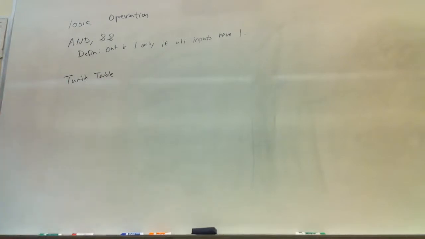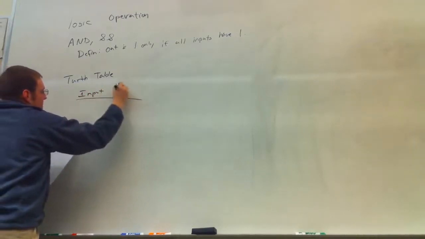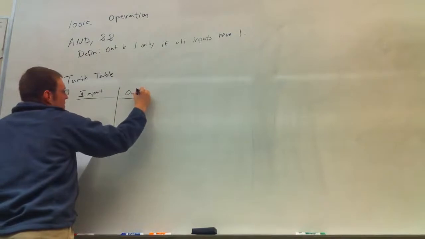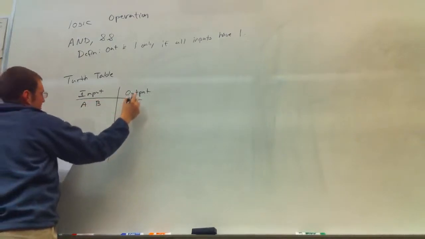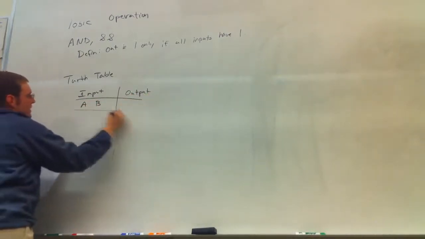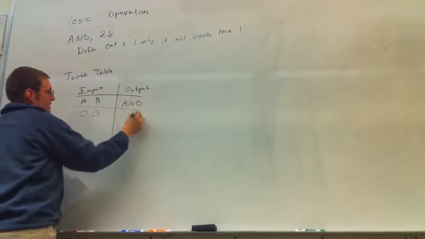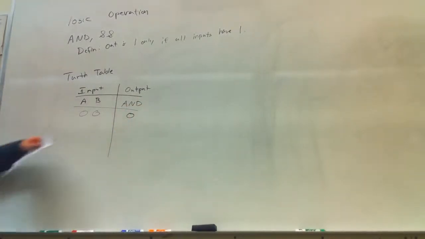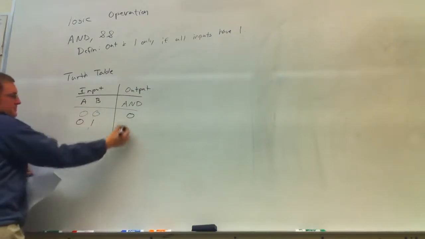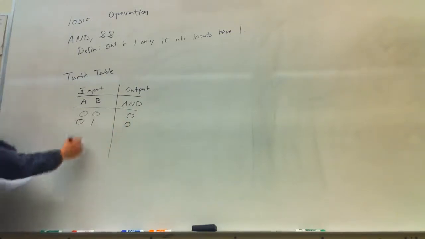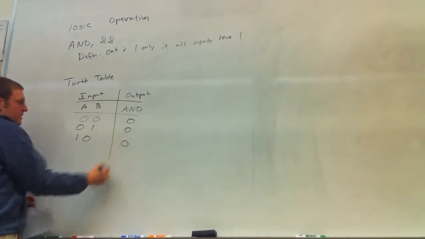I'm going to draw what's called a truth table. So this is going to be input, and I have output. And we're going to define A, B, and this is my output here. So I have 0, 0. When I'm ANDing, I'm going to get 0. 0 AND 0 is 0. 0, 1 is also 0. 1, 0, I'm going to get 0 again. And 1, 1